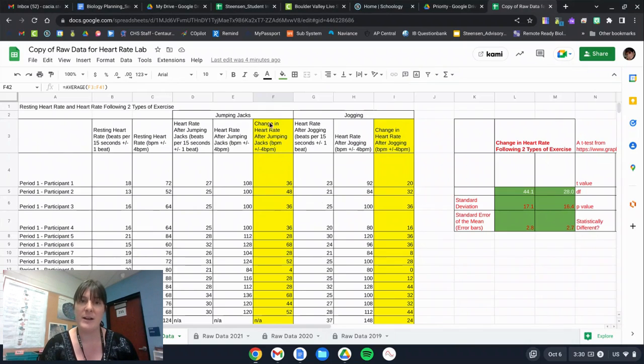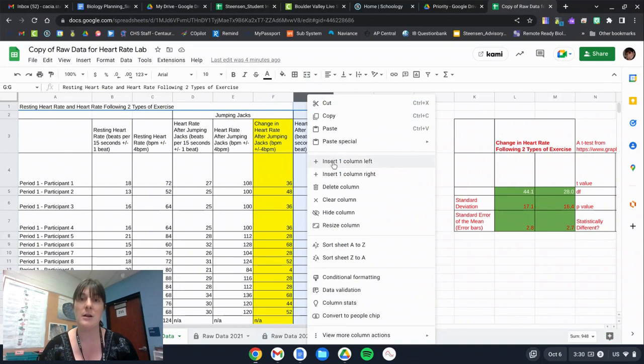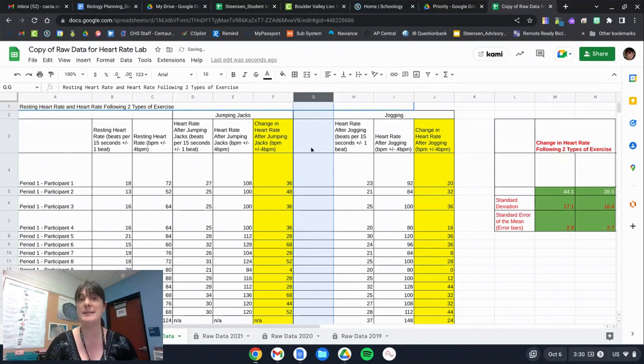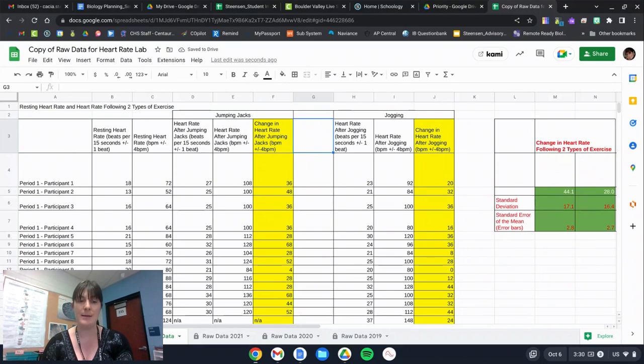Right here, I have all of my change in heart rate data. And what I can do is go up to the top here, and I can insert a column to the left so that I have a little bit of space. In this space, I might label it x minus mean squared so that I remember what I'm including. Then I need to do a little bit of math, but I can have Sheets do that math for me. So I can click the equal sign to tell Sheets that I want it to do the math. And then I can start some parentheses and say that I want it to take x, which is this